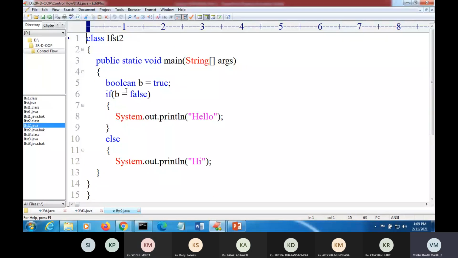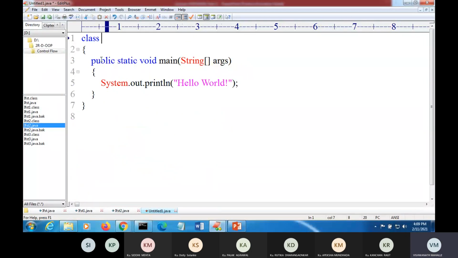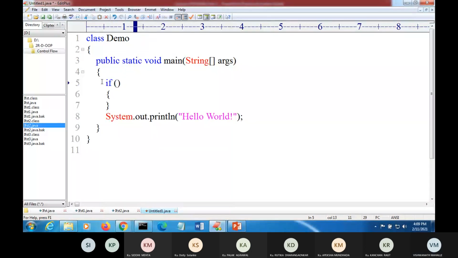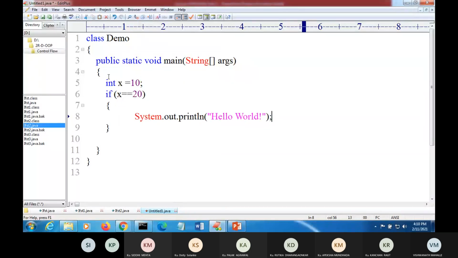Suppose before that I write one more program here, new, named demo. I declare one integer variable, x is equal to 10, and then I write if x equal to 20, and here I have written a statement in this if block.